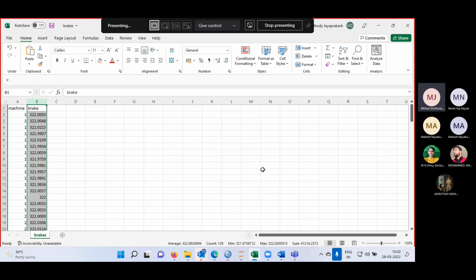How can we say that? If I take 100 samples, I'll get 100 different values. 100 times I'm taking a sample of brakes. If I check the average, sometimes I'll get more, sometimes I'll get less, sometimes it can be the same thing. On what basis can I put all the faith and say that it will always be 322 point